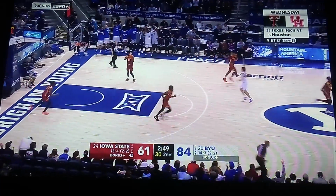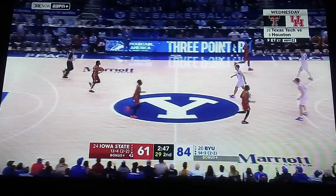Waterman with an exclamation point. This crowd sent